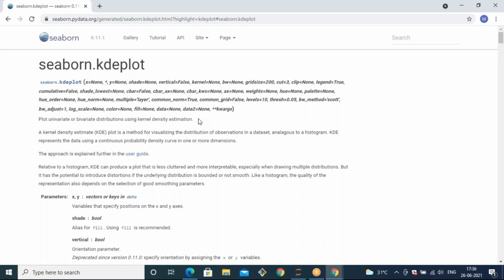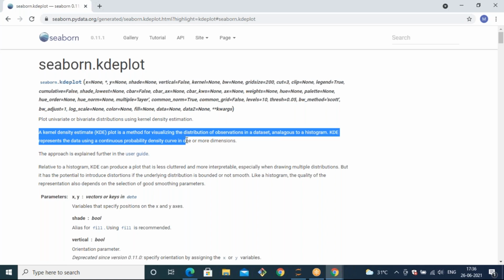Using a histogram also, it will distribute the data univariate or bivariate, we've already seen that. Here the KDE plot is based on the kernel density estimation function. In the histogram, it only depends on density, but here it depends on kernel density estimation.